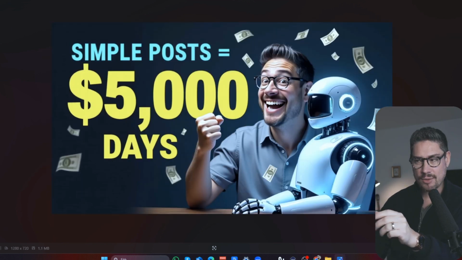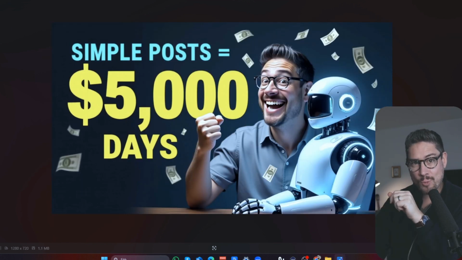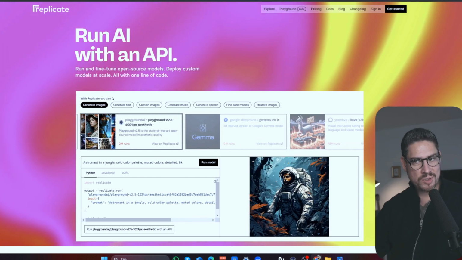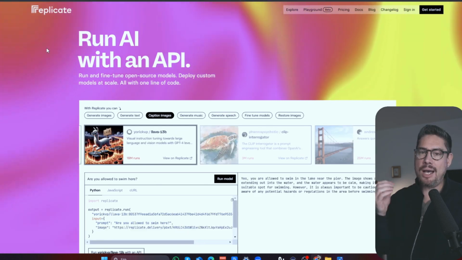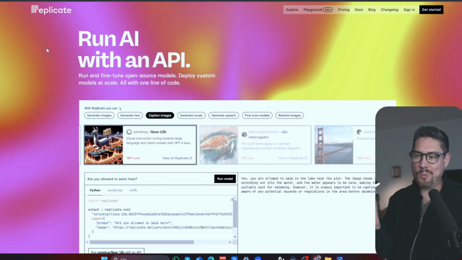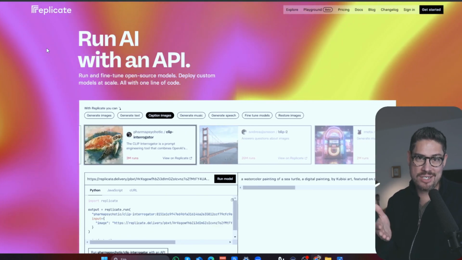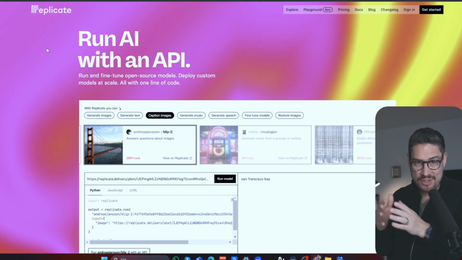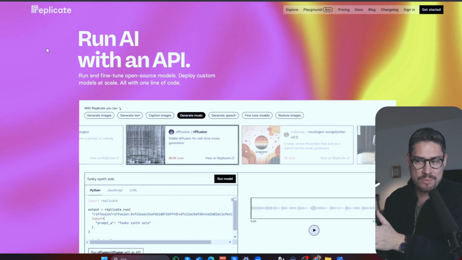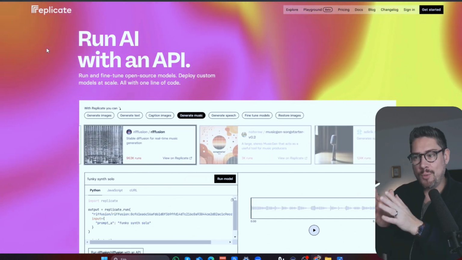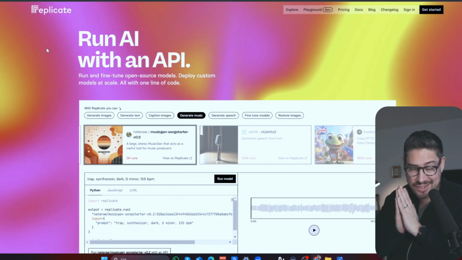But check this out. You can see these different images were generated completely by AI. The first thing that you want to do is go to a site called Replicate, where you can create tons of different things. This is a robot or an AI which created these images of me that I can use for different purposes, such as creating Facebook posts with images, YouTube community posts, create videos with these images, and a ton of other